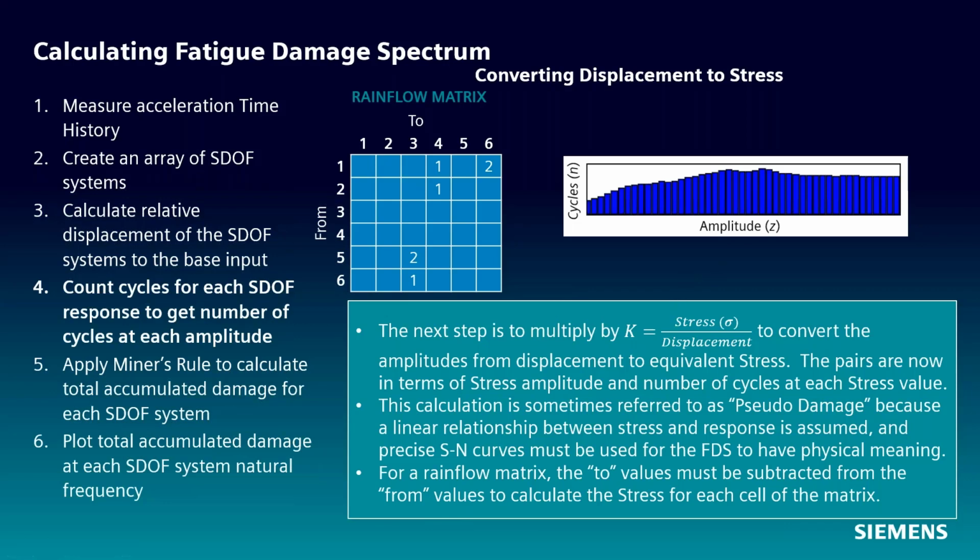Chris, why would we want a pseudo or fake damage? Is that still useful? That is a great question. Yes. So even though more often than not, our FDS calculation is a pseudo calculation, it can still be used to compare inputs from 2 different environments on a particular test article. So you have environment A and environment B. You can still use this pseudo damage calculation, even though it's not perfect, to compare environment A and environment B and the effect that that might have on your test article.